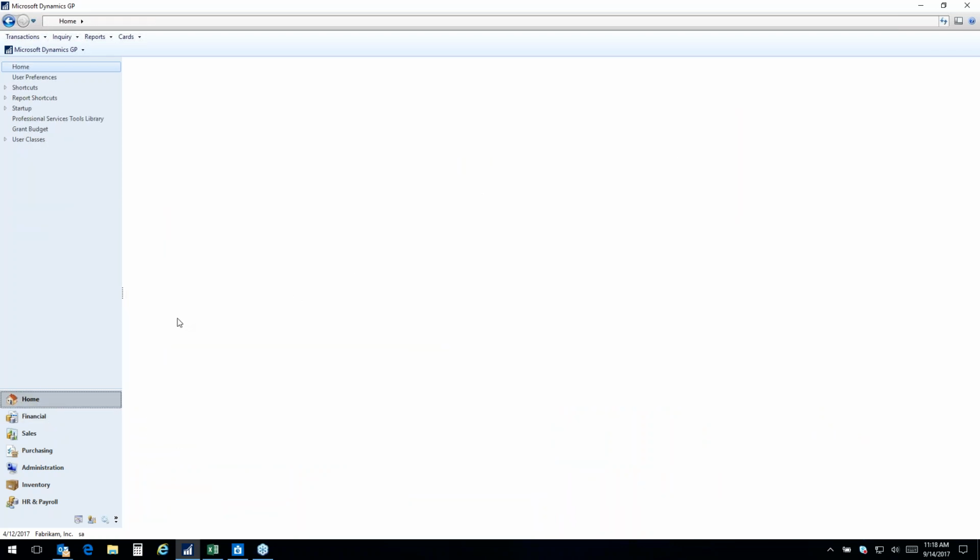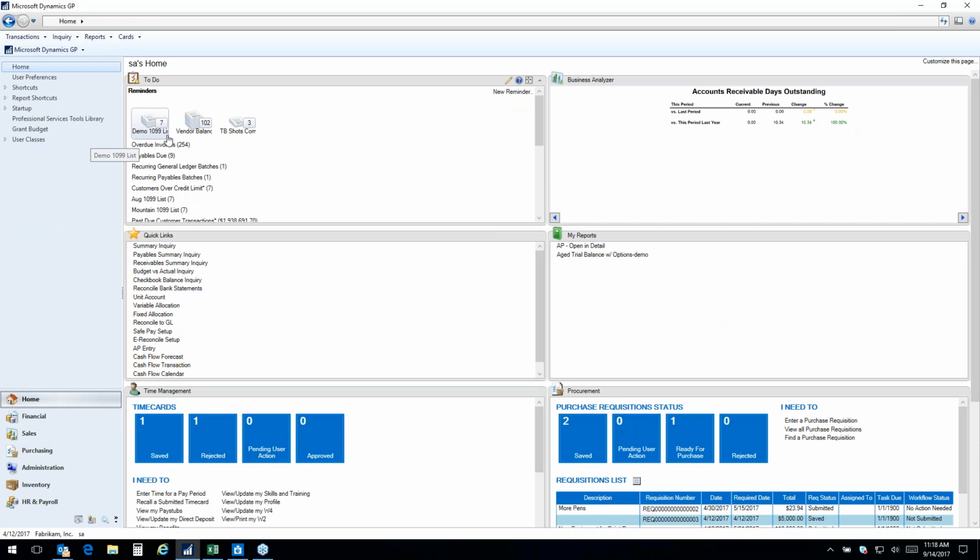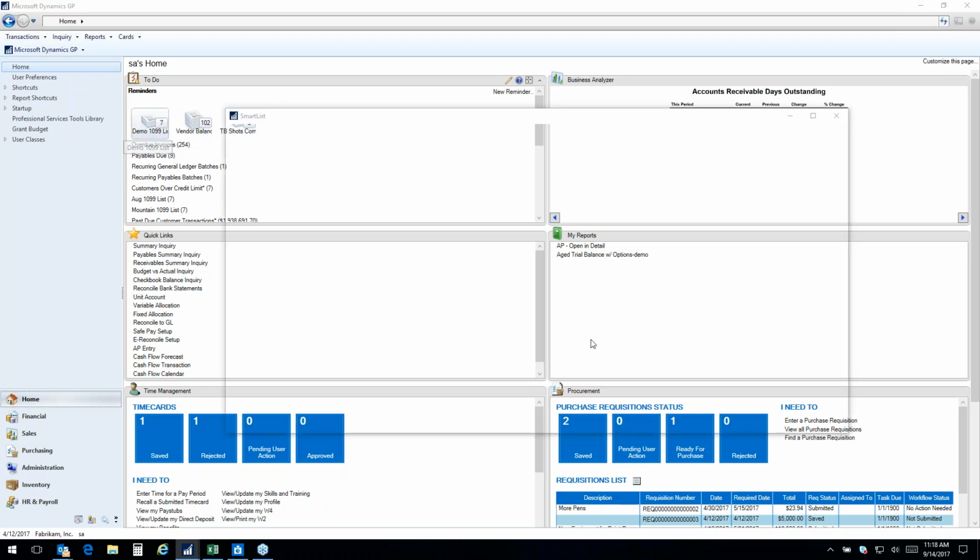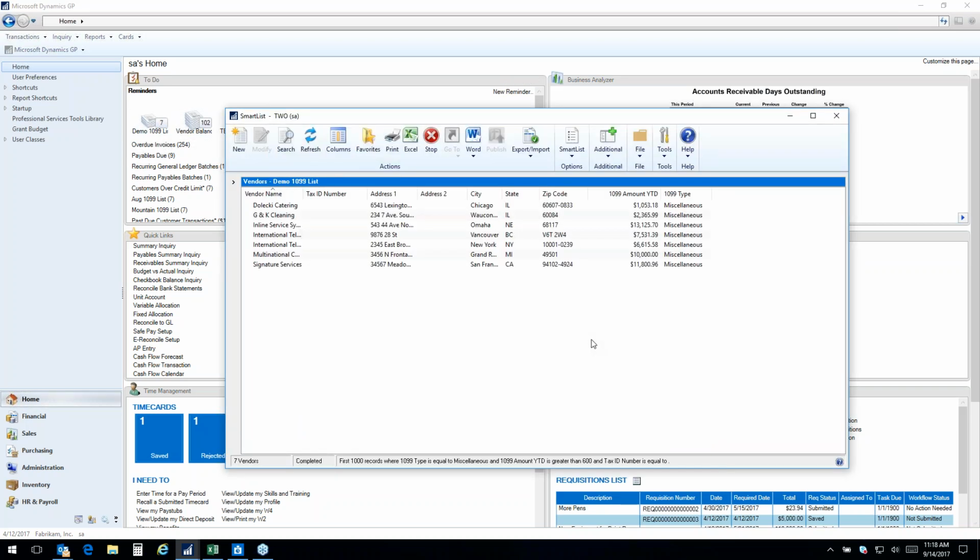And so then let me just force that page to refresh here. So I'll just move off and back on. And we'll see now that we have 3 of these up here. And there's my demo 1099 list. It says I have 7 vendors that meet that criteria. And because I did a visual cue, it puts a little icon up here. So I can click on that, and then that immediately opens the list,